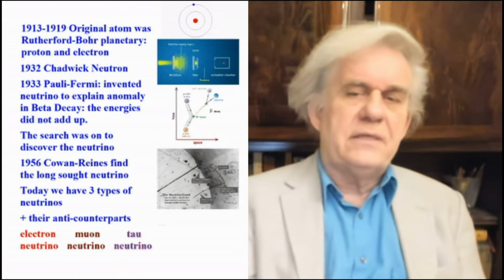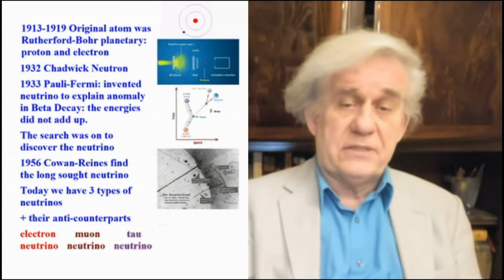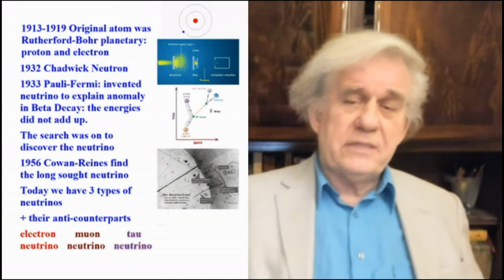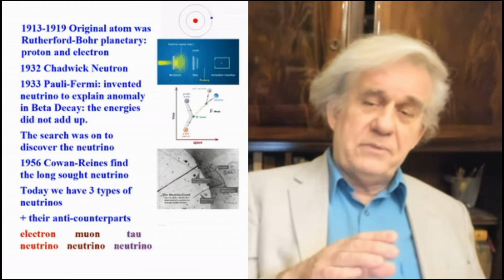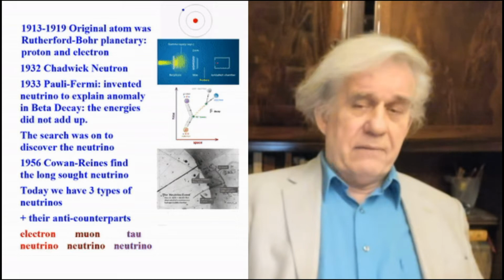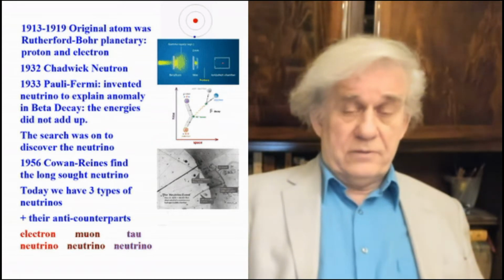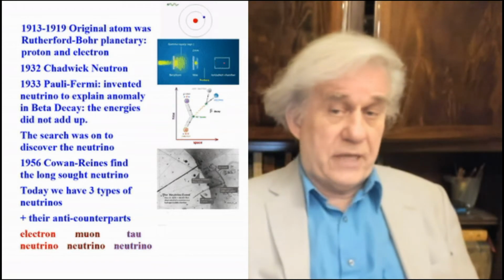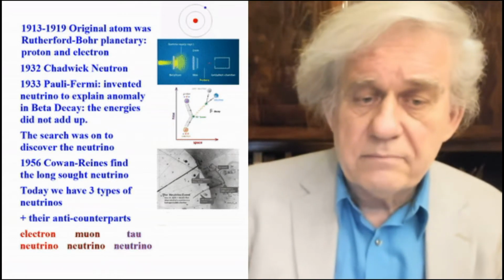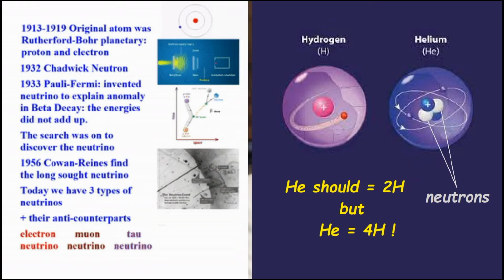Chadwick, around 1932, discovers the neutron. And that was because, hydrogen, you would think that if you go to helium, which is element number 2, well, that should have 2 protons and 2 electrons. Straightforward, right? And it turns out that it did not. When they ran that experiment, they came up with this. Chadwick and his team found out that helium did not equal 2 hydrogens, but rather approximately 4 hydrogen atoms. It was 4, not 2.